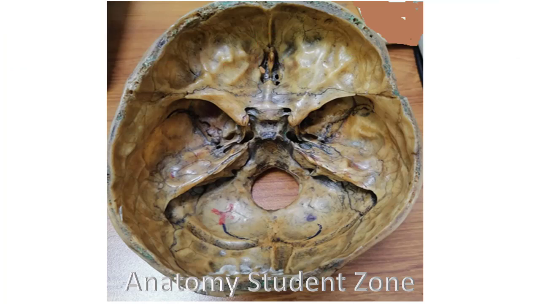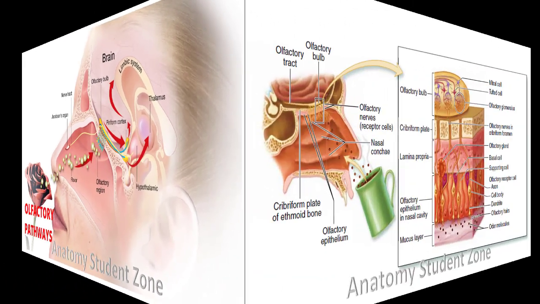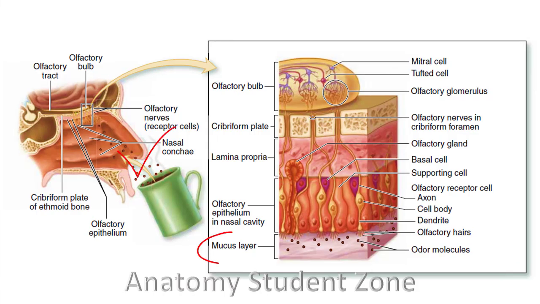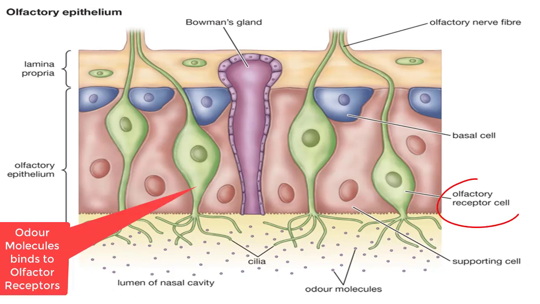It's quite obvious that the sense of smell is perceived at a higher level, but how? When we breathe in, odor molecules dissolve in the mucus layer of the olfactory epithelium. Again I am repeating the location because it's very important: it covers the roof of the nasal cavity, superior concha, and upper part of the nasal septum. When these odor molecules dissolve in that mucus layer, they bind to olfactory receptors. This is because the olfactory epithelium contains olfactory receptor neurons, which are sensory cells, and they interact with the odor molecules.